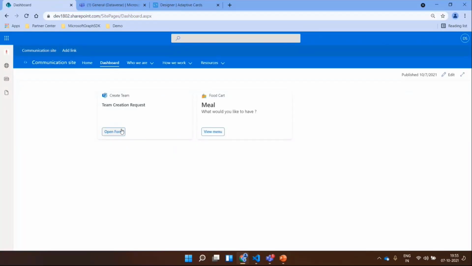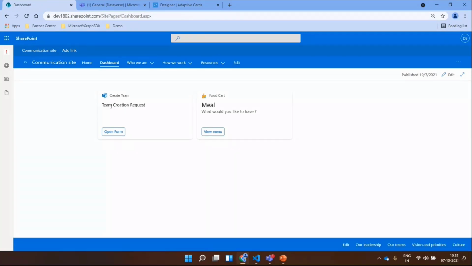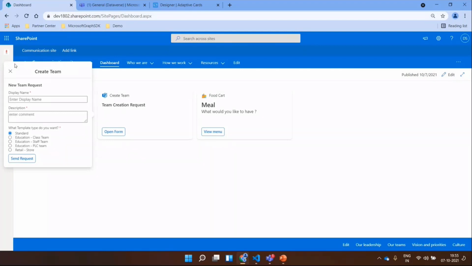Yeah, so the team creation request is my card view adaptive card extension, and in that I use the basic card view. When the user clicks on it, a form pops up. That is the quick view, and inside the quick view I write certain JSON, and inside the JSON I put my controls where the user will enter the values to create the team. For example, demo to PnP. So it's the first quick view.